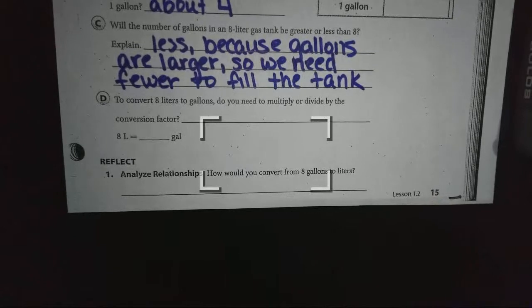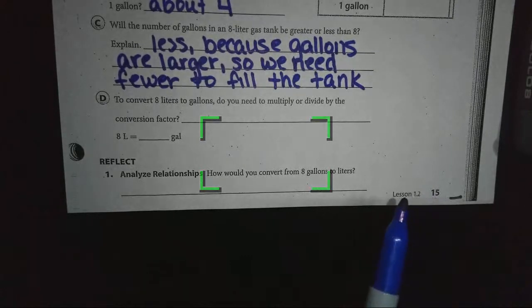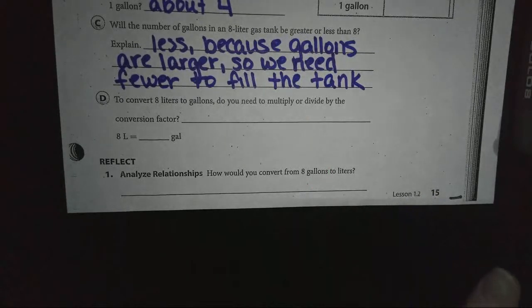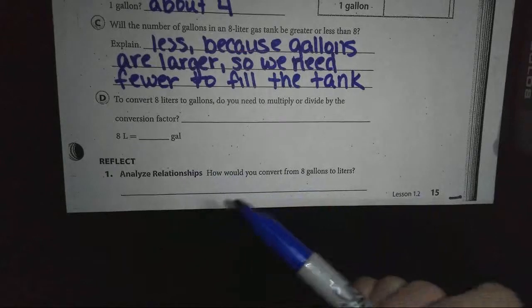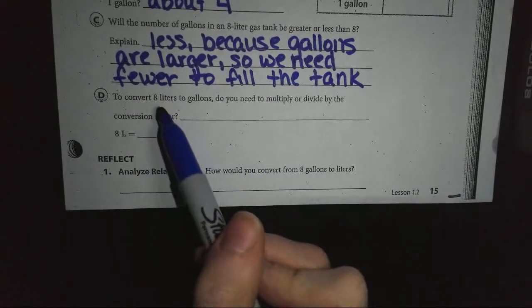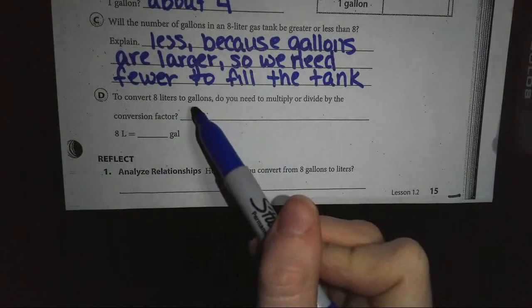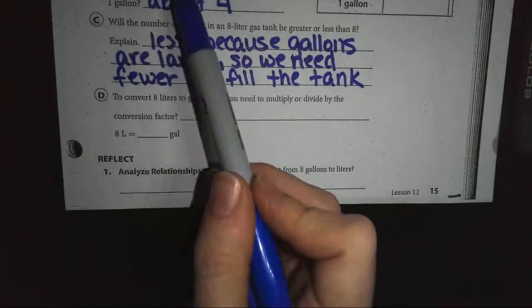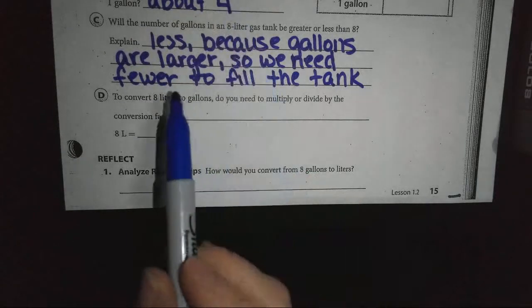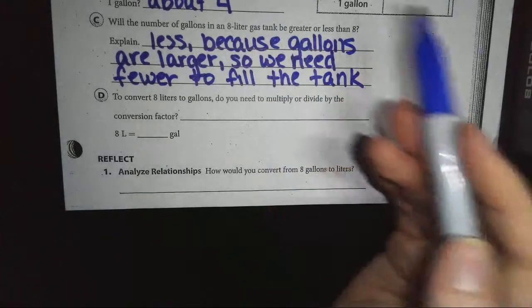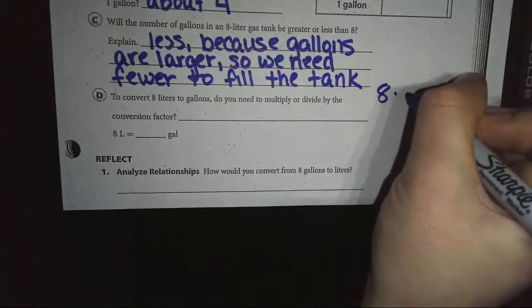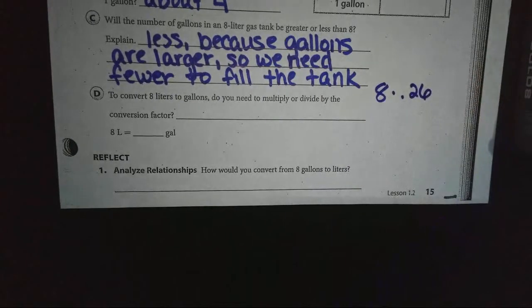All right. Now, this last part says, to convert 8 liters to gallons, do you need to multiply or divide by the conversion factor? And then they want us to actually carry out that calculation. Now, we have 8 liters, and we want to change it to gallons. And we know that 1 liter is 0.26 gallons. So if we take our 8 liters and we multiply it by our conversion, which is 0.26, so 8 times 0.26,